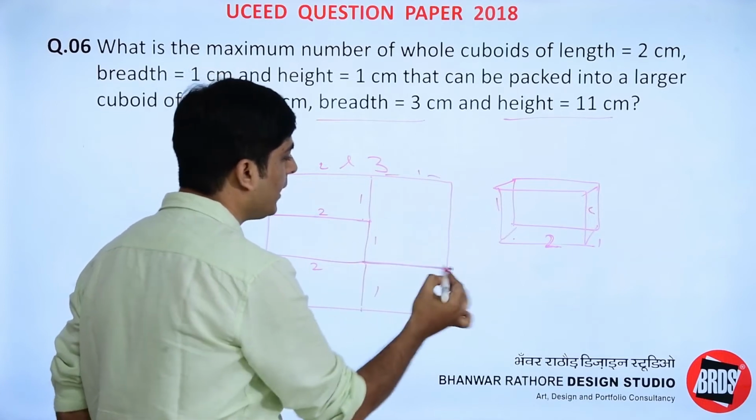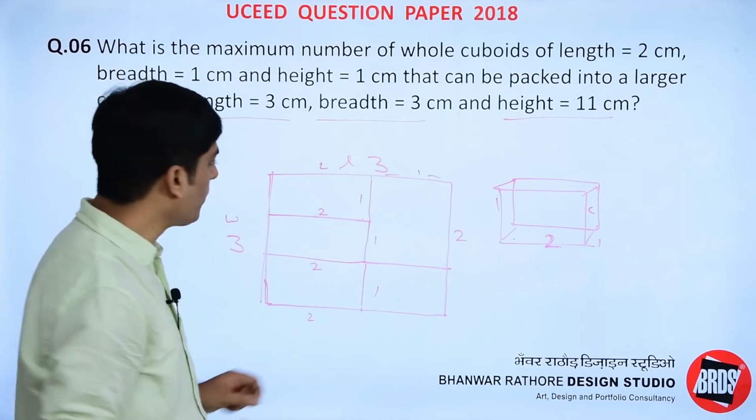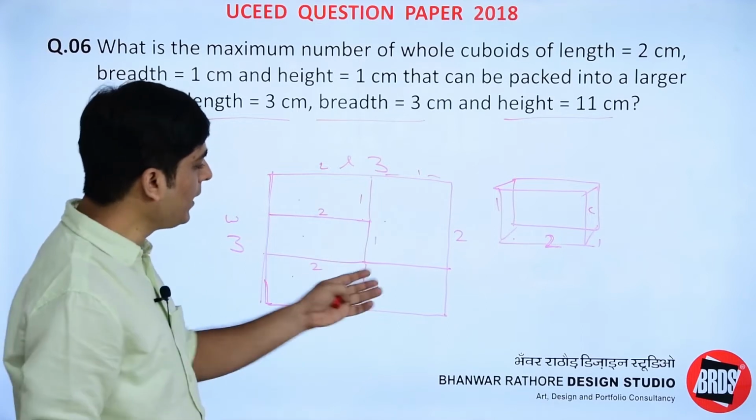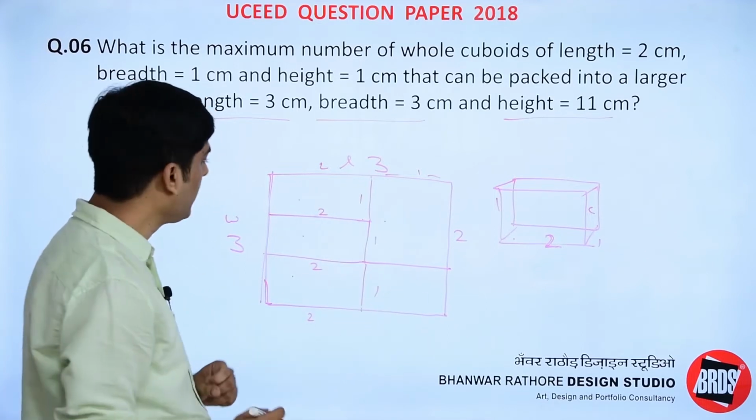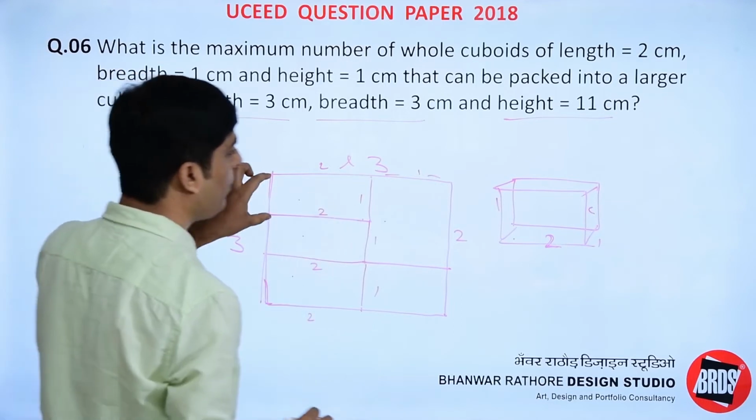Now we can consider length 2. So this would be 1 by 2. Now this part would be remaining. So perfectly we can say in the base 1, 2, 3, 4 and 1, the extra one that we will consider later. Right. Now considering the height 2 by 1. So height would be how much? 1.